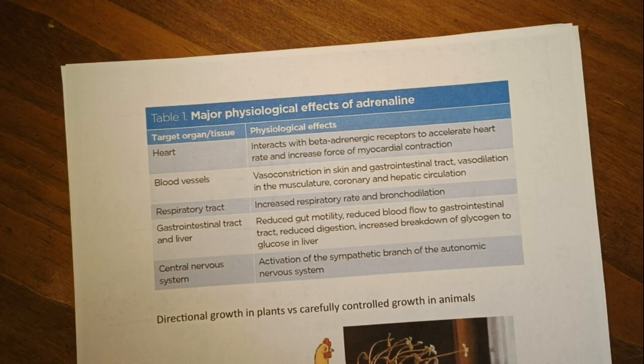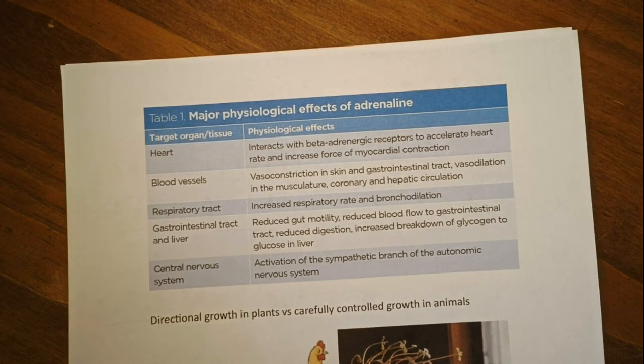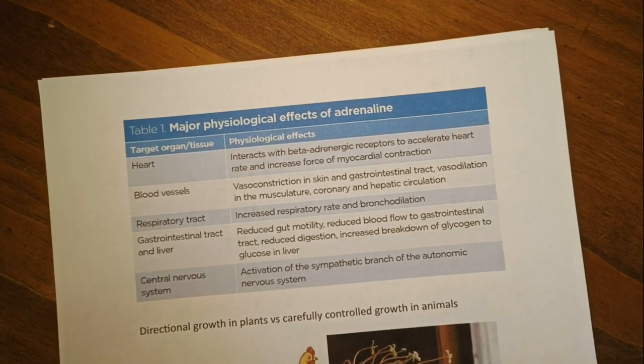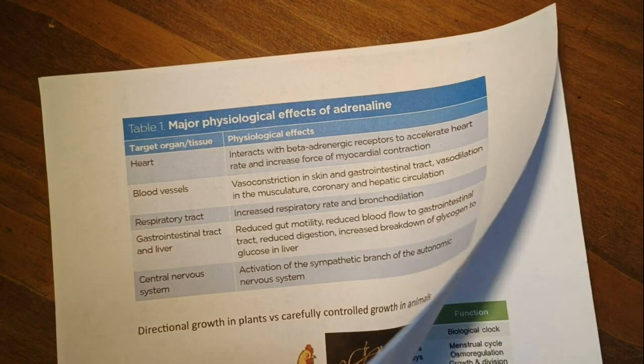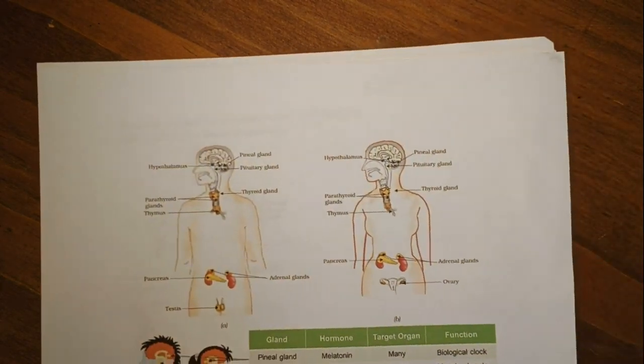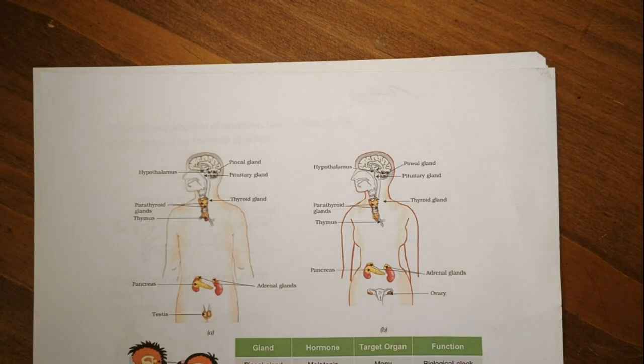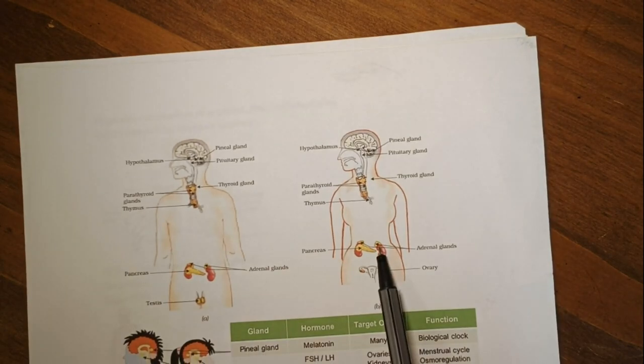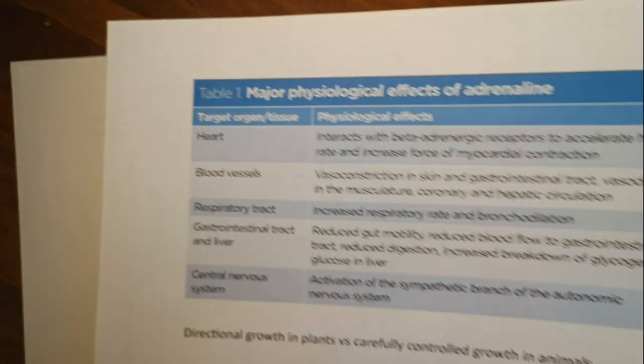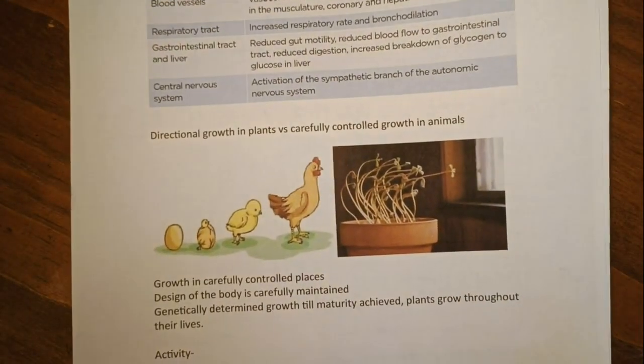Now there is an activity that is given in your book, that is 7.3, and it wants you to have a look at the various glands in this diagram and identify them, endocrine glands, and check their functions. Okay, so we have just seen the adrenal glands, that is suprarenal glands, and we'll go through the other glands in a moment. Let me first take you through this